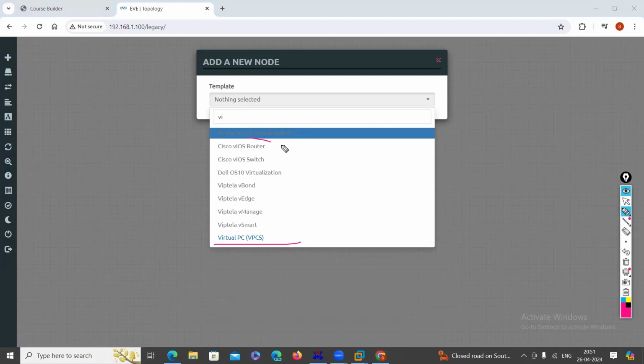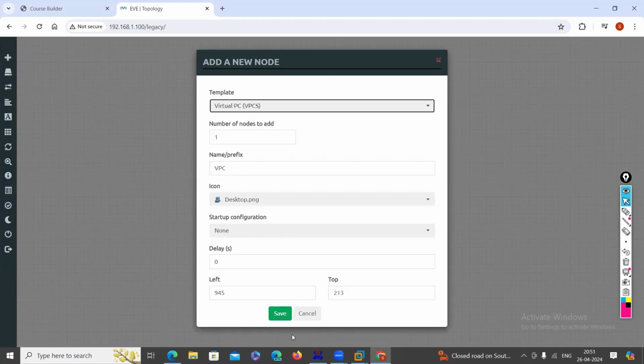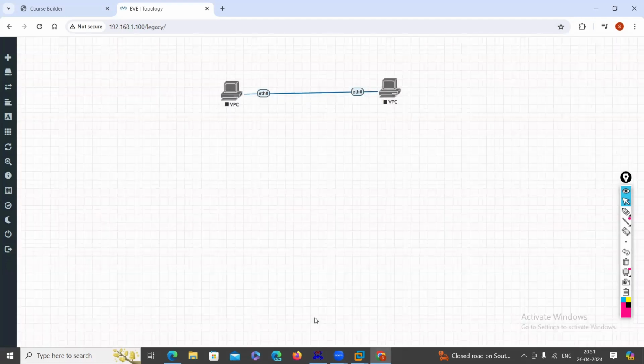The other devices, which are not installed inside this operating system, are highlighted with a gray color, and you cannot select them unless you upload that image file. Once the image files are uploaded, that list will be highlighted in blue color, and you will be able to select like this. So now in this lab I'm going to show you how to upload some